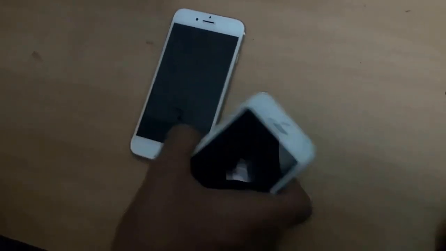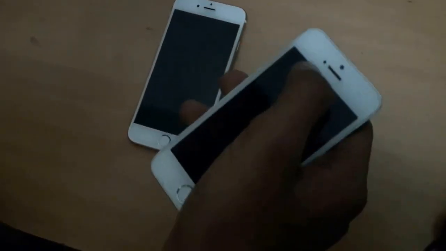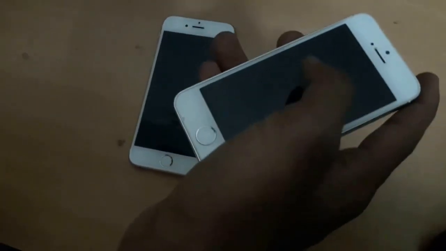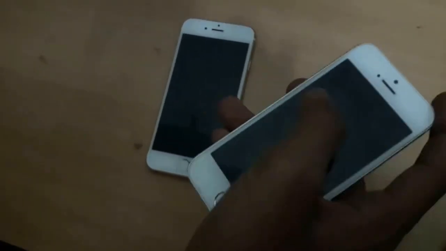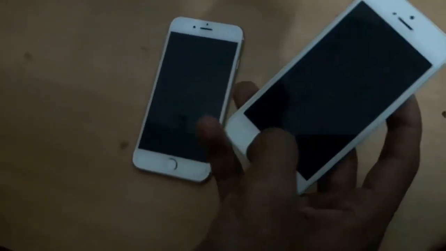Alert types are vibrations and ringtones. Loudspeakers are available. 3.5 headphone jacks are available on both the devices. It has a 1.2 megapixel front camera, which is the same on the 6s, but the 6s has sensors of proximity and auto correction. The battery is up to 250 hours on standby. Talk time is 10 hours and music plays 40 hours, which is a bit less than the iPhone 6s.